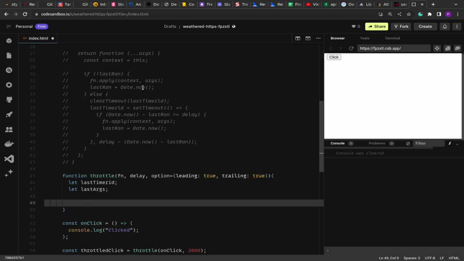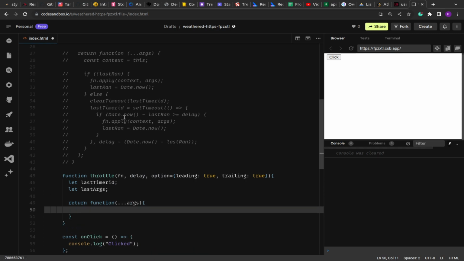This is required because we are dealing with the leading and the trailing cases. Let's see the implementation. So return function, for each implementation we are creating a closure that returns a function that will accept the arguments. Inside this closure function we are going to extract the option, so leading and trailing, from the option,